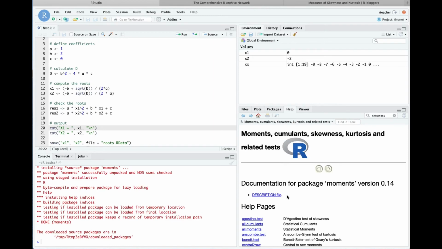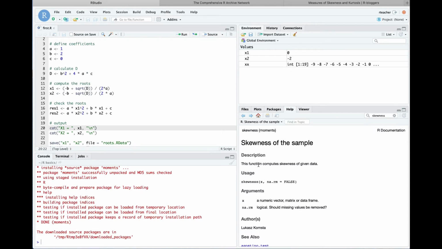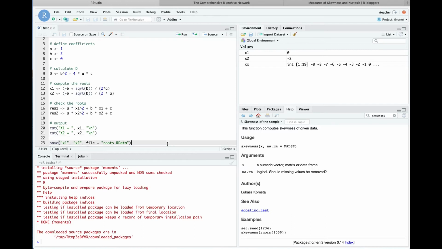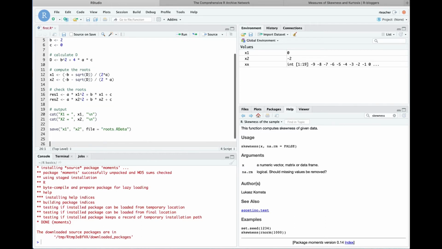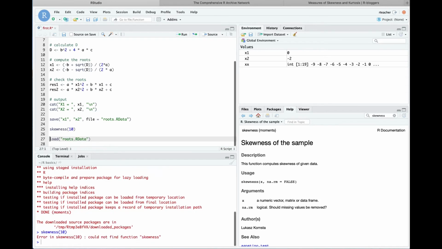If you click on the package, you will see all the functions that the package contains, and then you can find this. There is a function skewness. So you can click skewness, and then you can see how to calculate skewness. Okay. However, there is one important thing about using packages. If you want to run a function from the package moments, you cannot just write skewness, for example, skewness of 10. Okay, so you can see there is no function skewness,